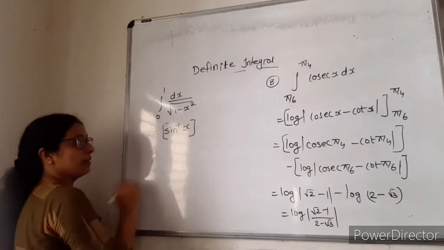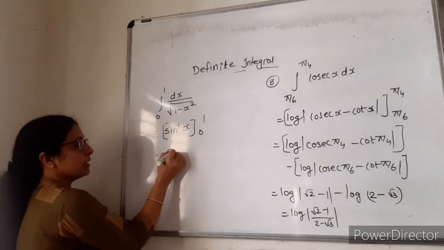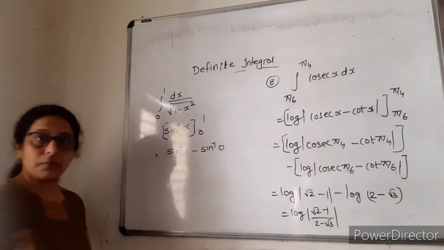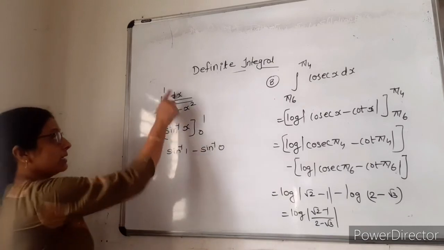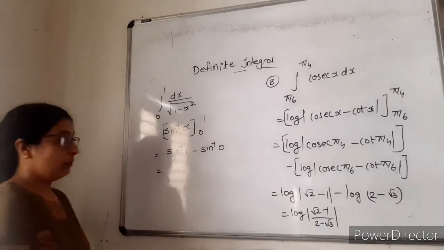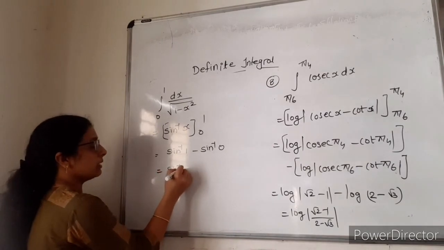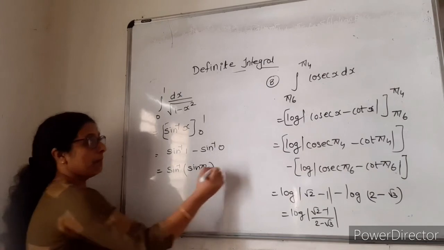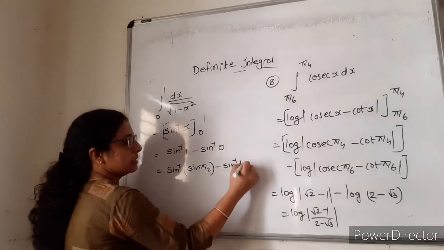Yes or no? Integration from 0 to 1. So sine inverse 1 minus sine inverse 0. If we apply the limit, it is 1 and 0. So sine inverse 1: when the value of sine is 1, sine pi by 2, minus sine inverse 0